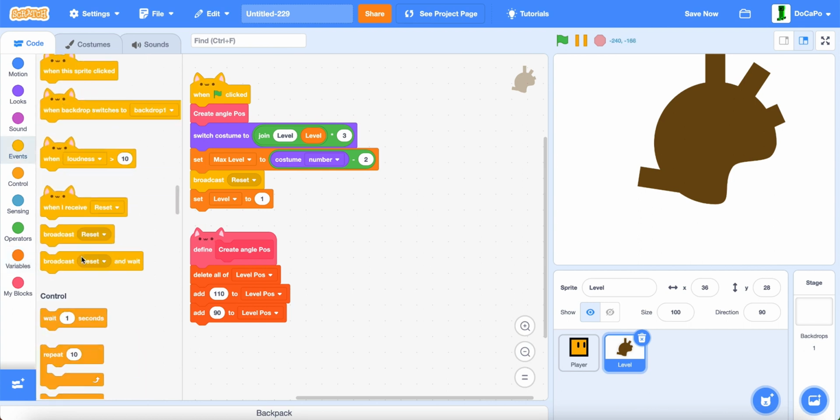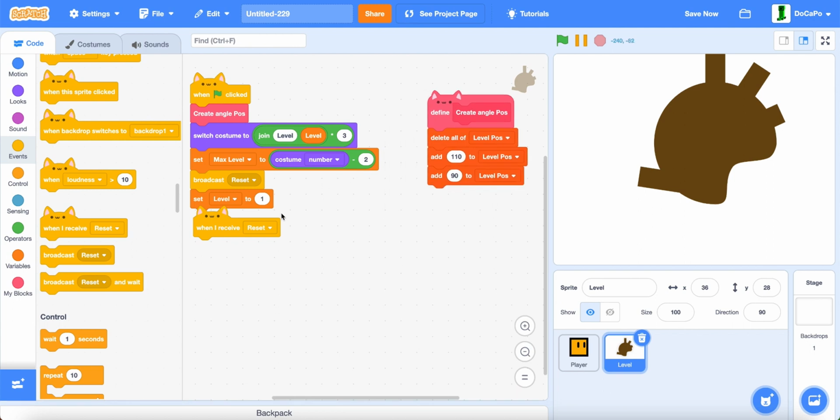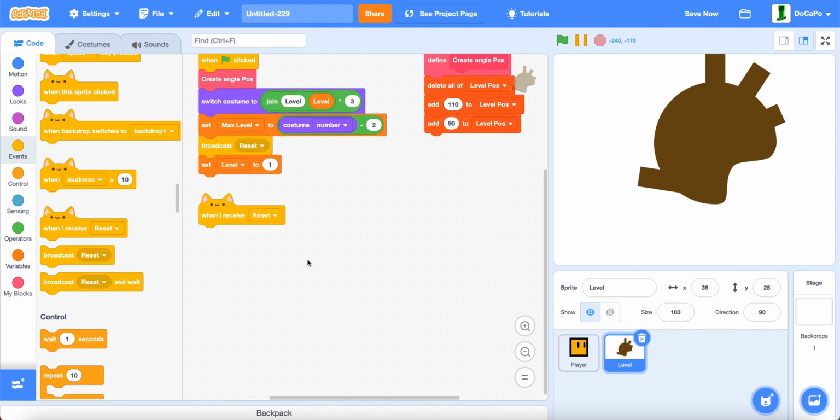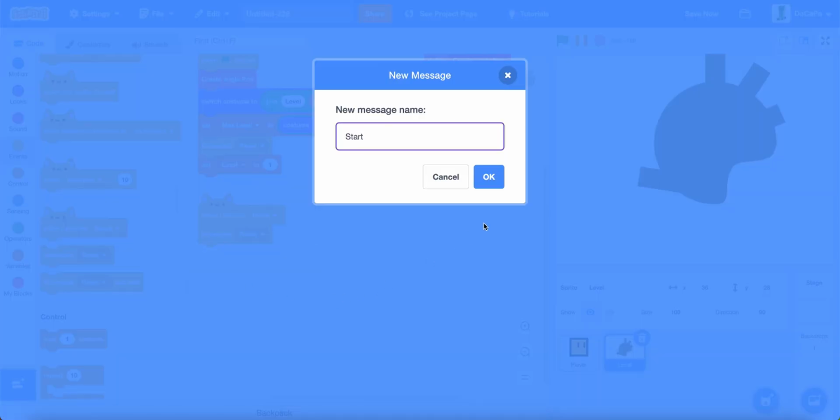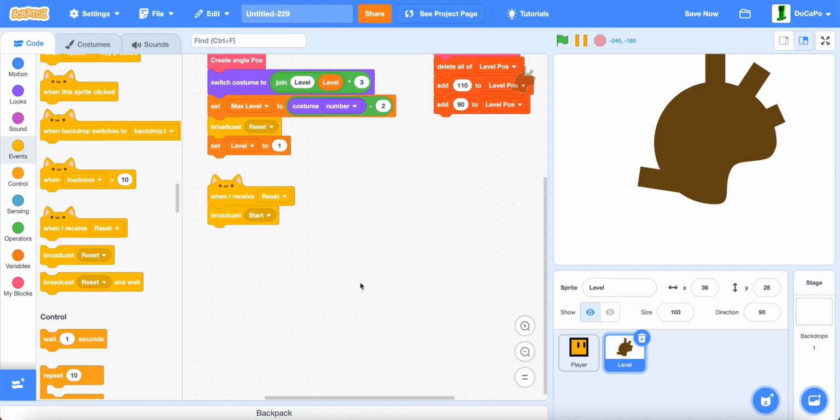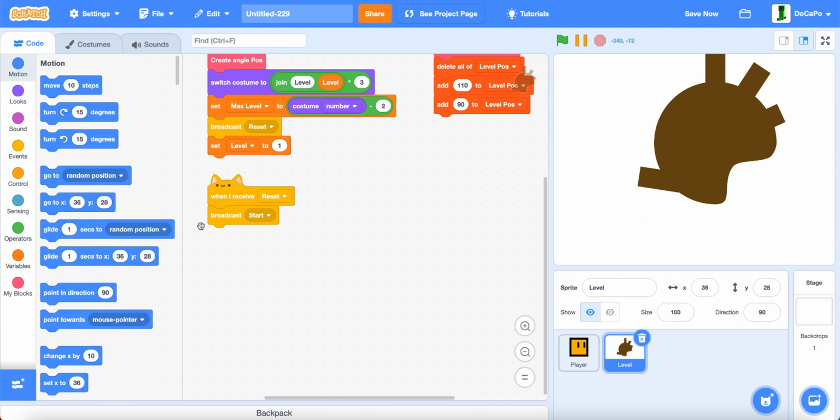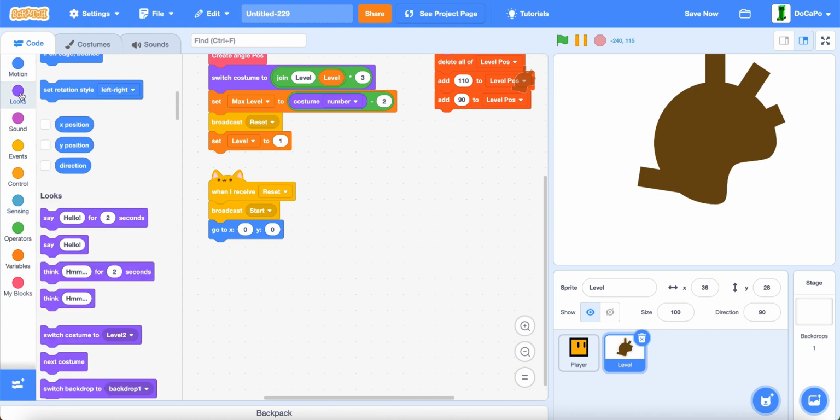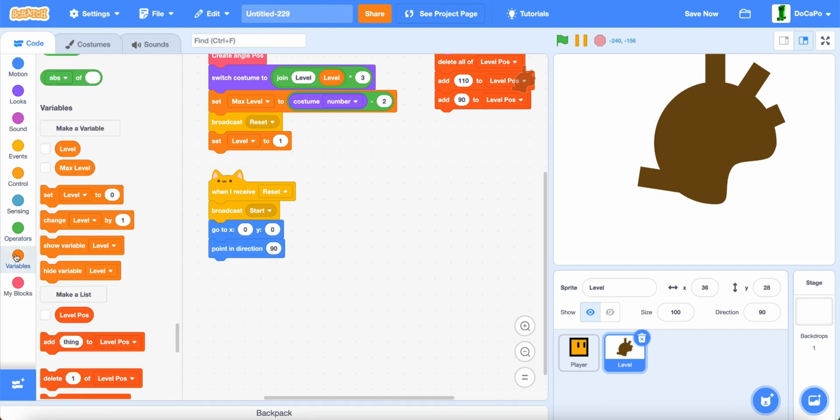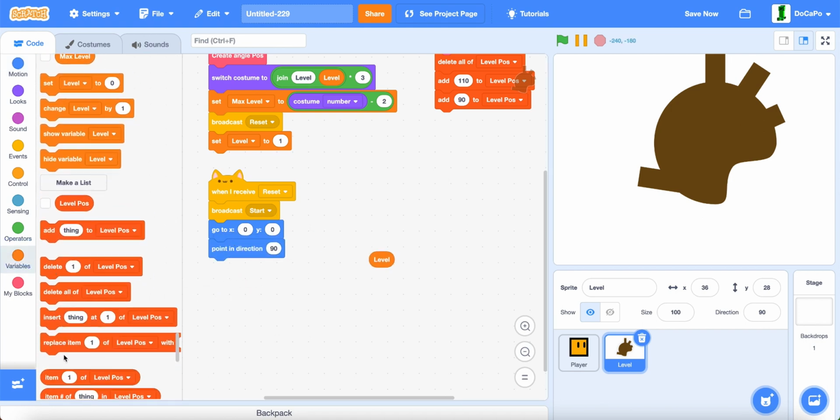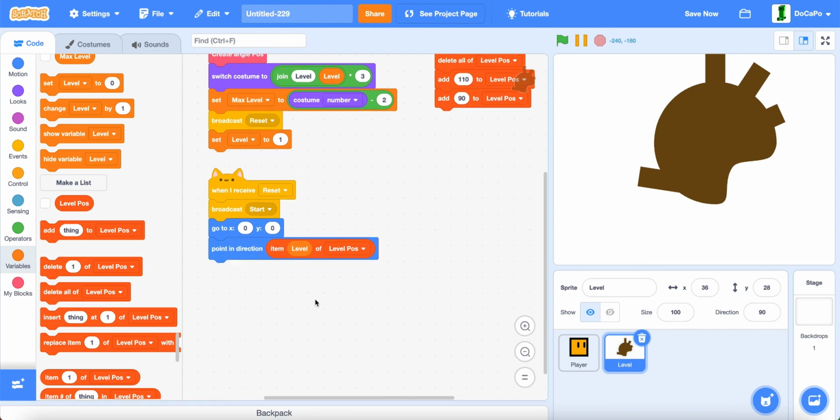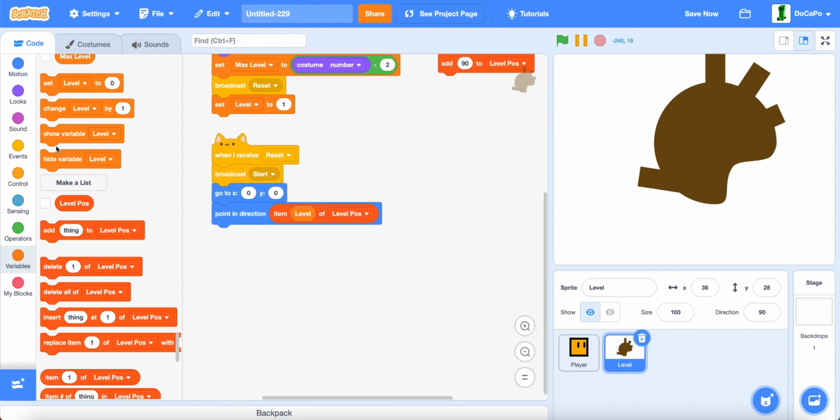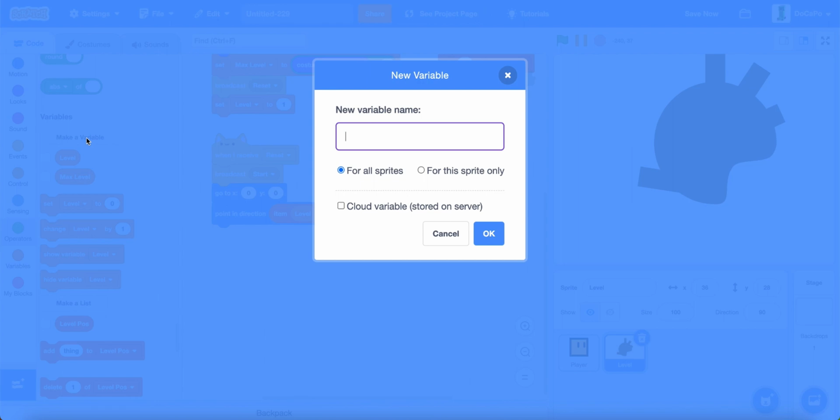Now when I receive reset, broadcast start, and then go to 0, 0, and then we do point in direction, item level of level pause. Then create 3 new variables,